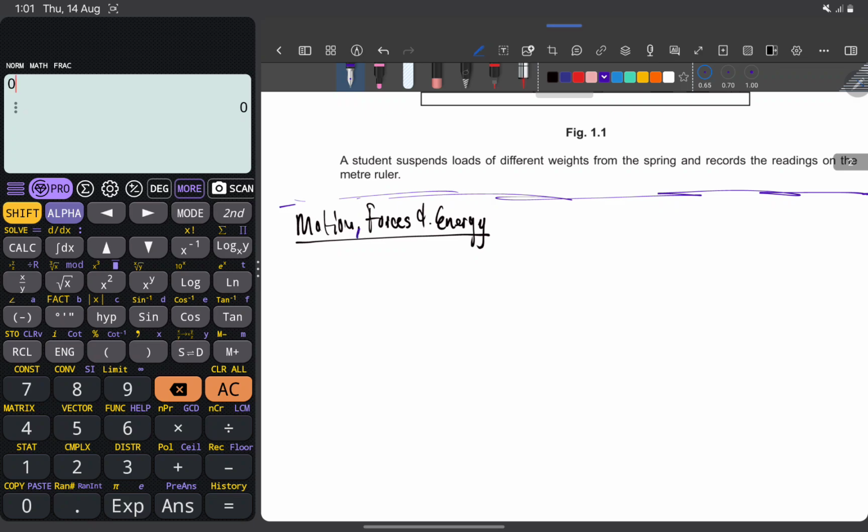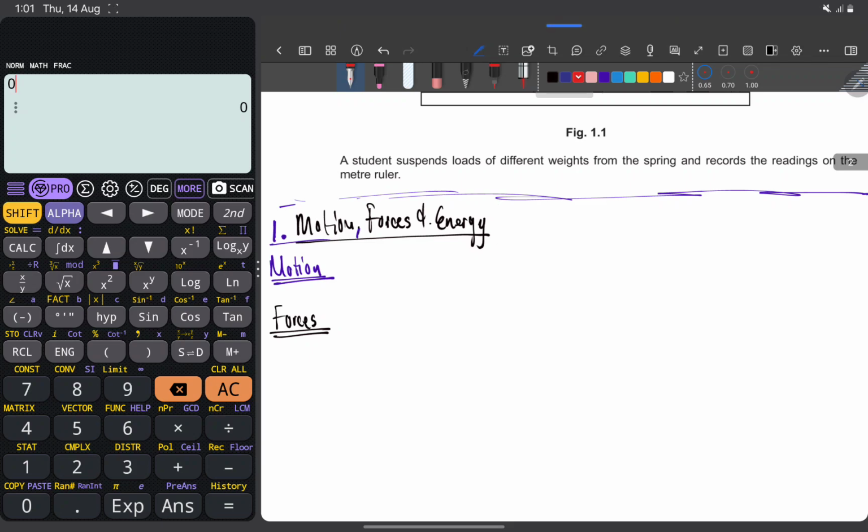From unit 1, we have 6 units in physics, and here's unit 1, which is motion, forces, and energy, okay? I'm going to skip the stuff for motion, and I'm going to start from forces. Now, when you talk about forces, first you have to know the types of forces, whatever. Then when you start to do calculations, you're going to do calculations that involve motion where there are forces involved,